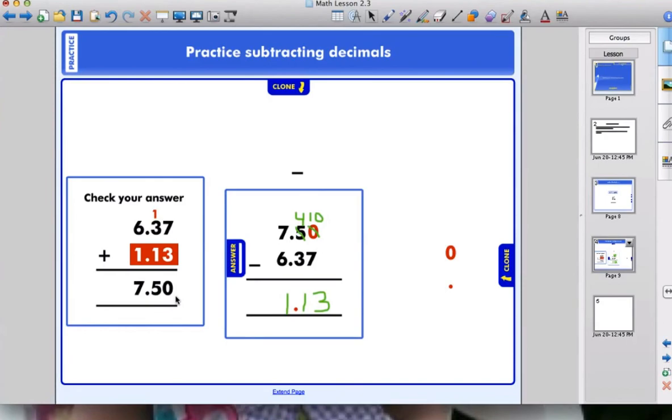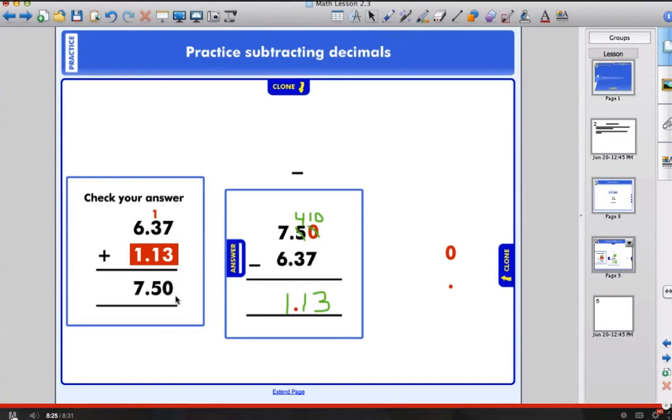Make sure you have this subtraction problem as an example in your notes as well. And that is the end of